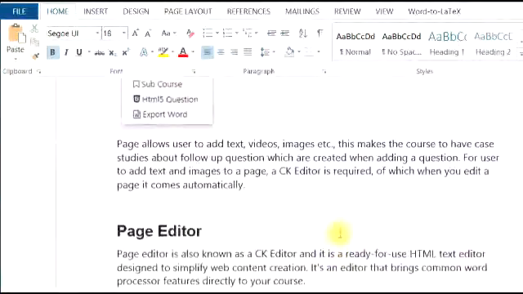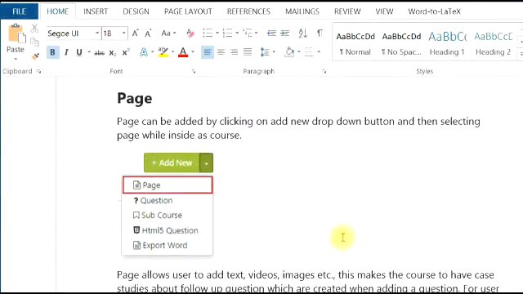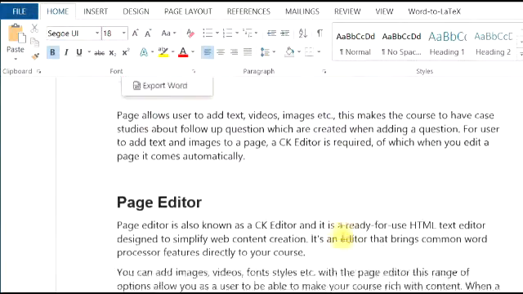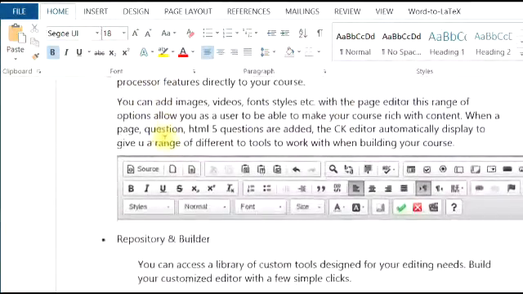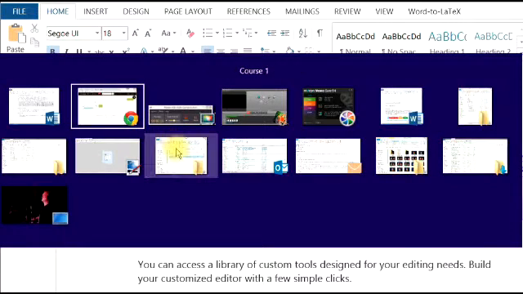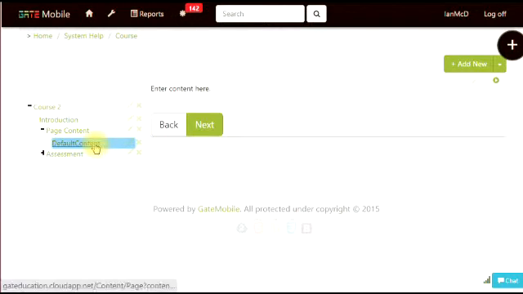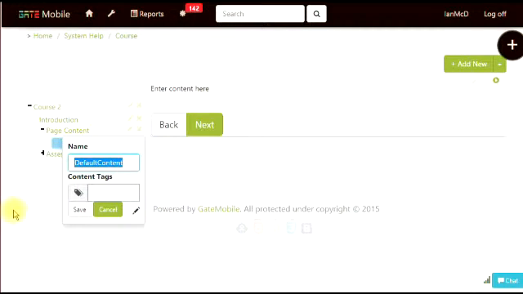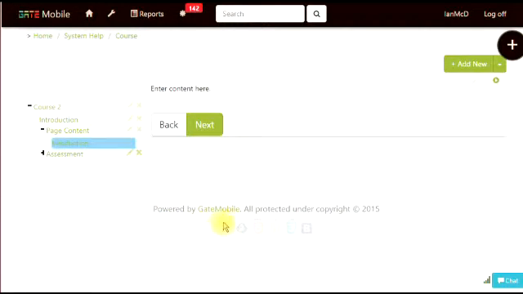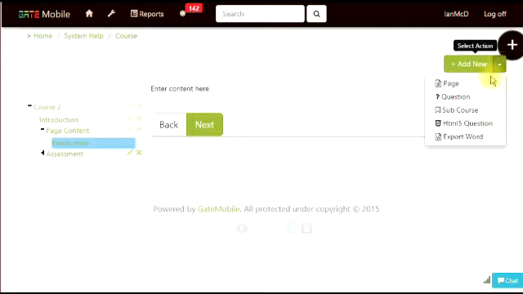Just looking at the way that this content has been edited, there's one section called Page and another section called Page Editor. So if we go back to our Gate Mobile again, let's call this particular page, the first page, under a heading called Page Content. Let's call this one Introduction. So we change it from default page and we save it, and we create another page,